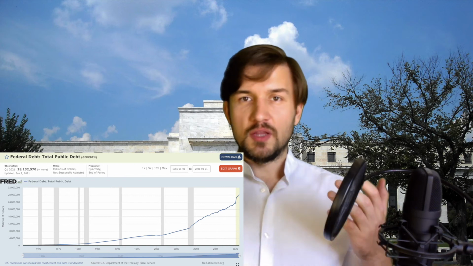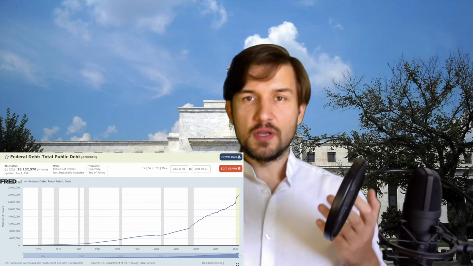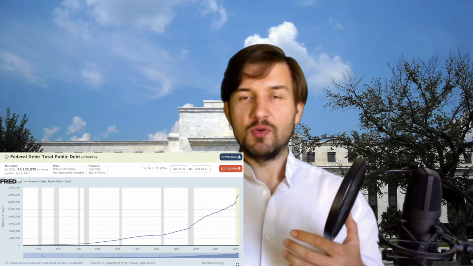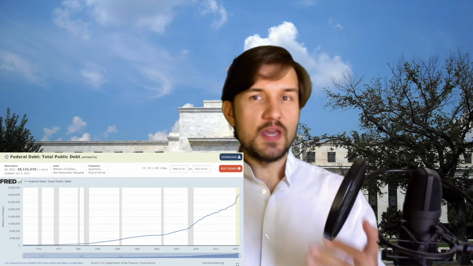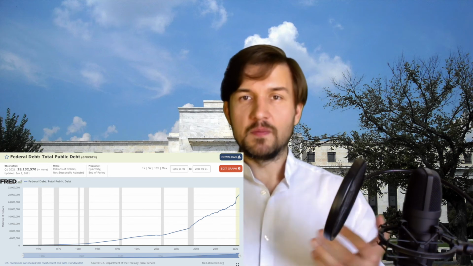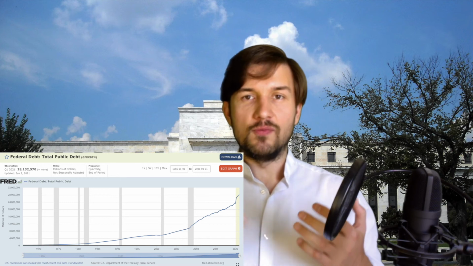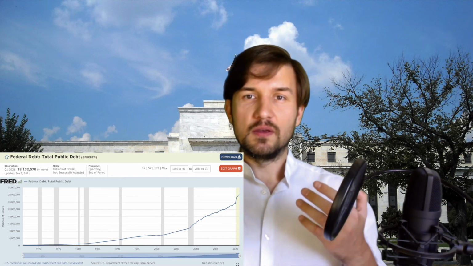What does it mean? It means Federal Reserve cannot raise interest rate. If they raise interest rates, country cannot pay the debt, or they will be paying 20, 50, 80% of their tax revenue as an interest on debt. It's an impossible task to pay off such a huge amount of debt, and therefore Federal Reserve must maintain interest rates